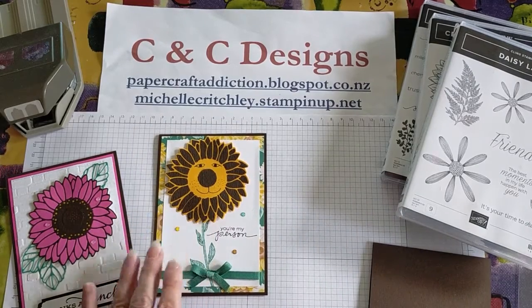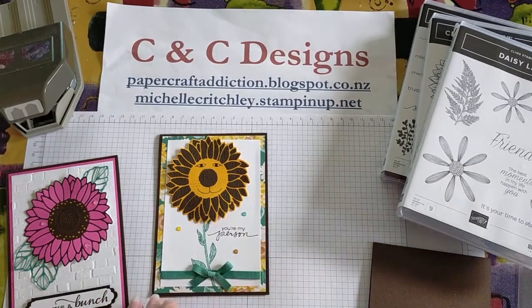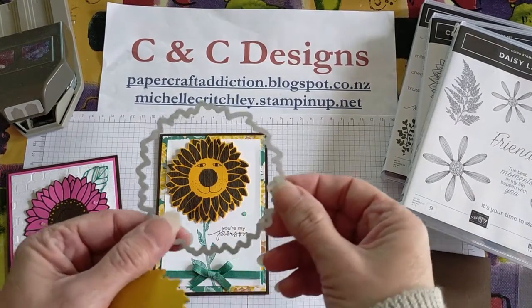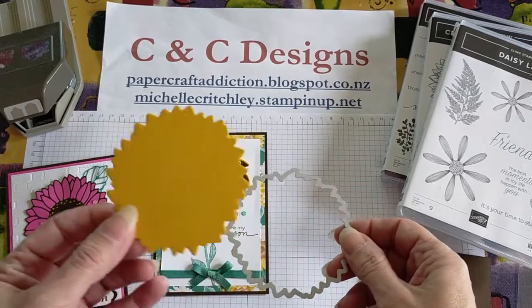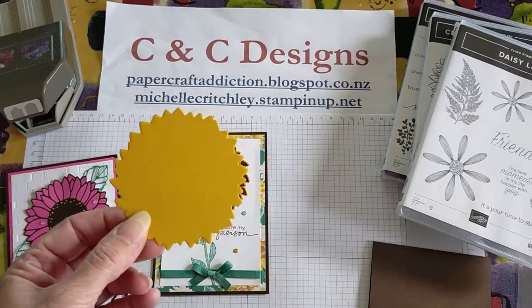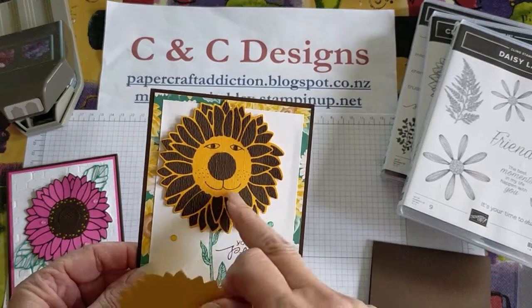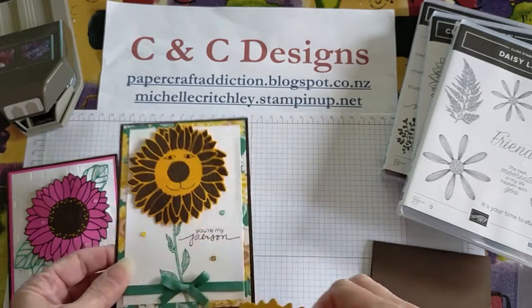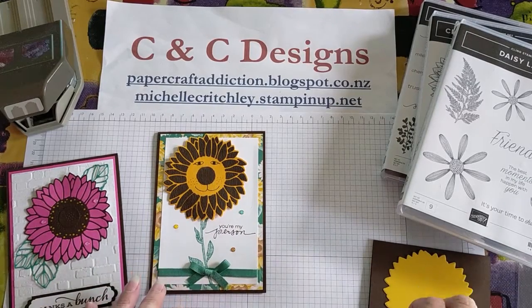The other piece I need for here is already die cut. I used the large sunflower die from the sunflower die set. This cuts out the stamped image, but it also cuts out a blank. So I did that. This time around I did Crushed Curry. I believe this one here might have been the new Cinnamon Cider for that one. So that's for the background of the lion's